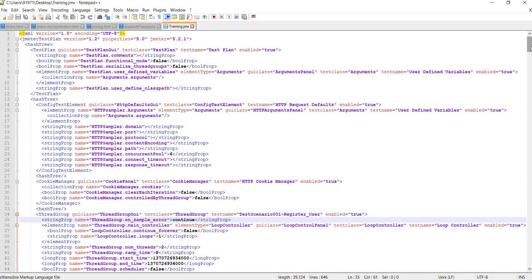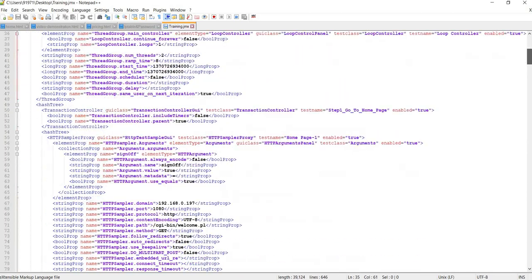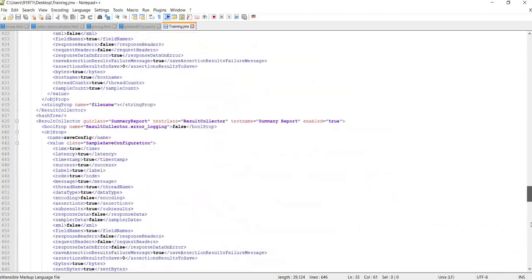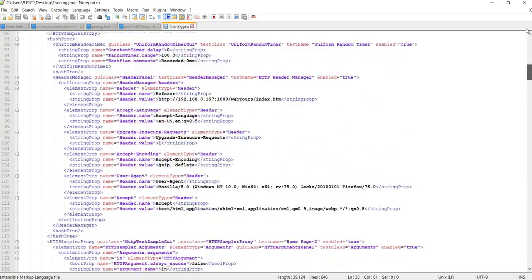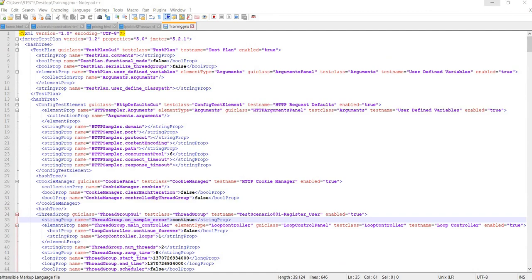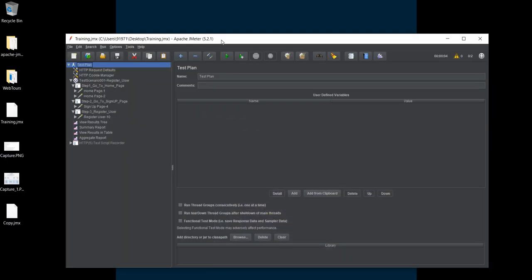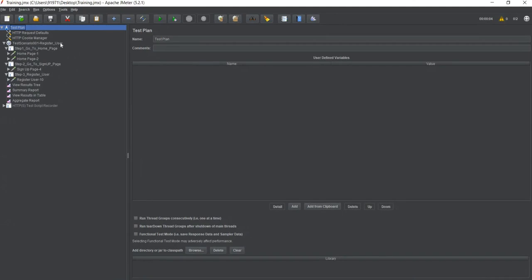So this is nothing but just an XML file like this. You can see that this script is written code in XML. So you can either change things over here and it will reflect in here, but it is always recommended to use the GUI mode for creation and doing things. I have never seen any developer or even maybe a tester who is coding and then developing a script. That is very rare. It is always recommended to use the GUI.